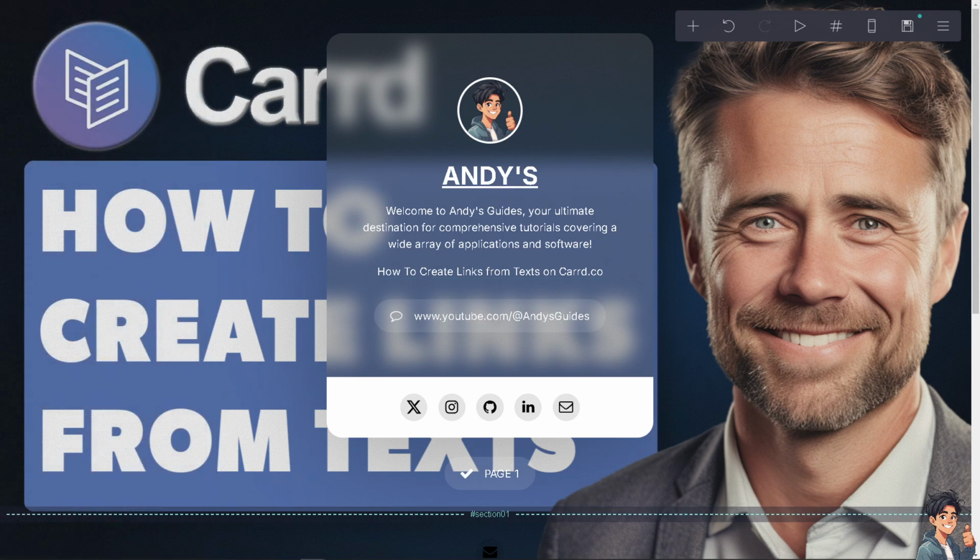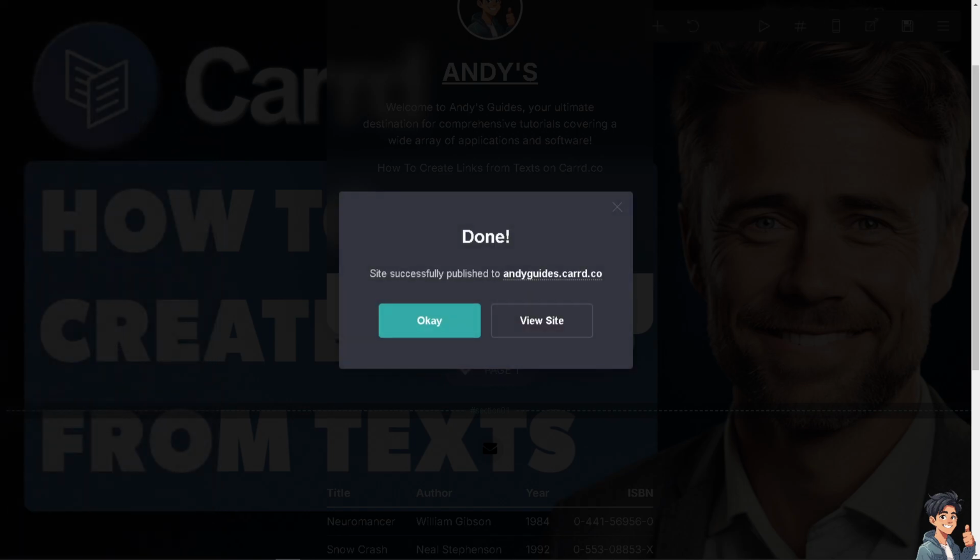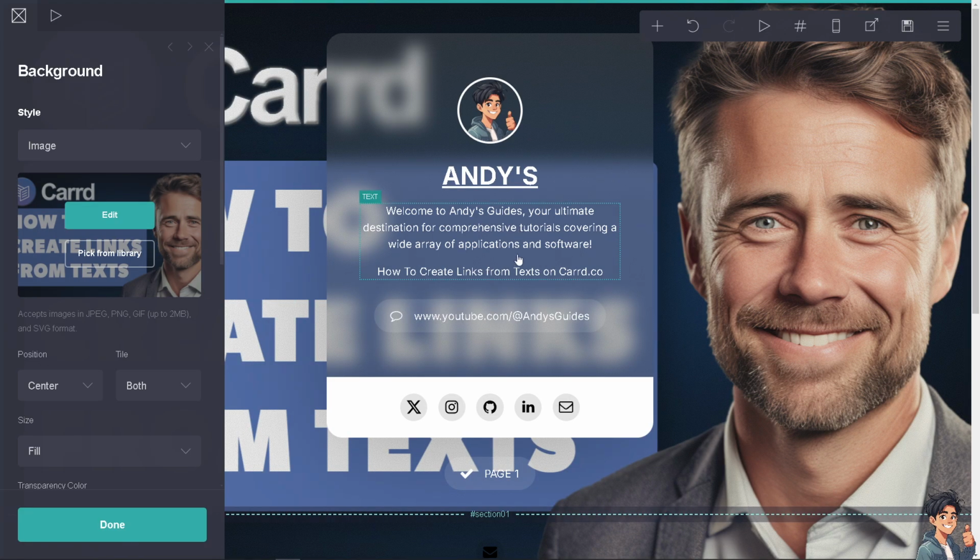All right. Now I'm publishing it after saving, and let's see if that works. Okay. Now all I'm gonna do is click on view site. And you would be able to create links from text